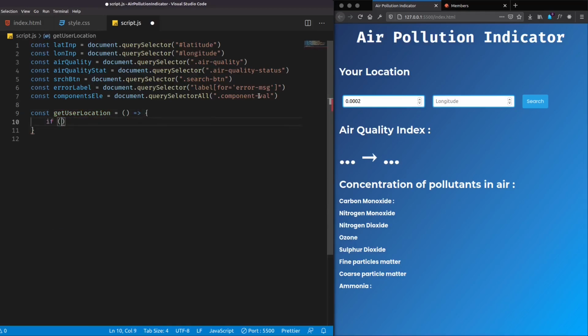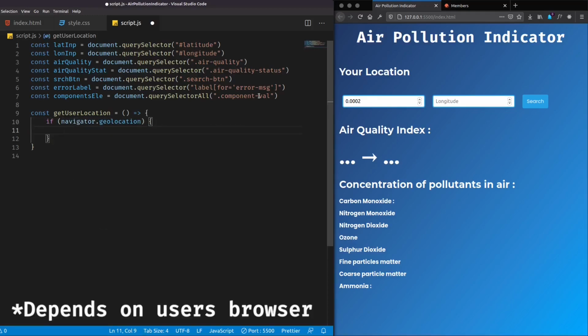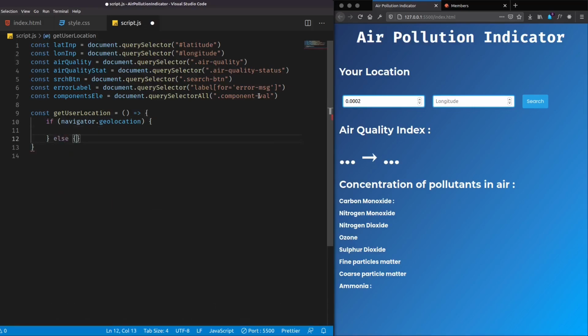And first of all, I want to check if the user has a geolocation, the method from which we will access the user's location. If he doesn't have a geolocation, I want to show an error message to the user. So to show the error message, I will also create a function called onPositionGatherError, and this will get an object as a parameter.